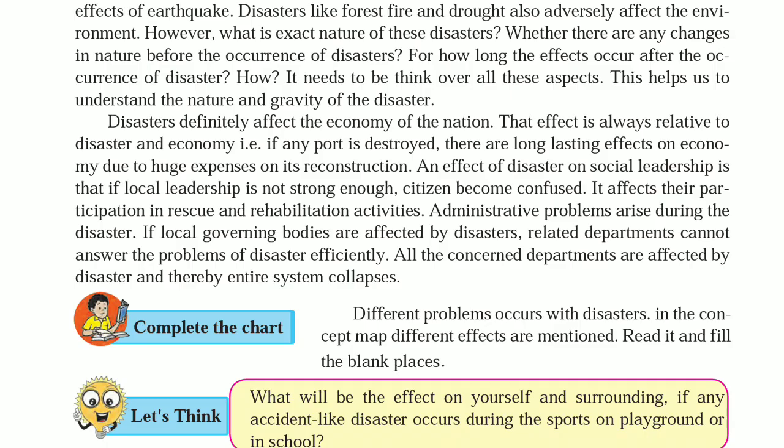If local governing bodies are affected by disasters, related departments cannot answer the problems of disaster efficiently. All the concerned departments are affected by disaster and thereby the entire system collapses.